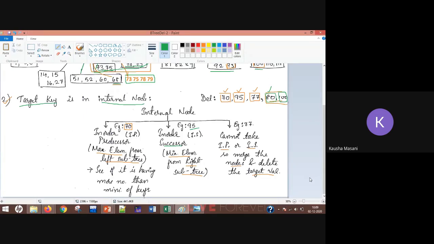Okay, it's not working, fine. Then solution 2, in-order successor. Okay, that conditions are not true, which means you cannot borrow it, or you cannot push your element up because of the minimum key value rule. Okay, so just merge the nodes with the help of the parent node. So that is your option number 3. Fine.